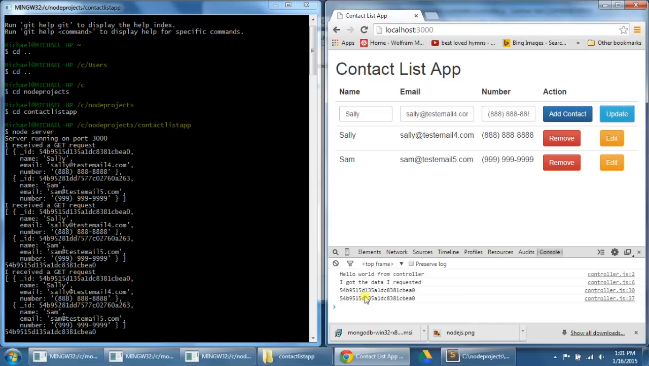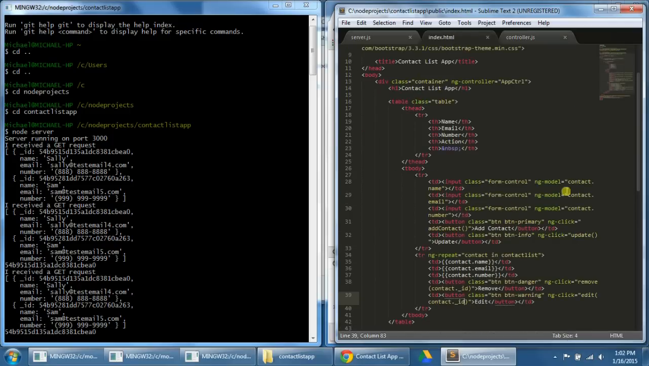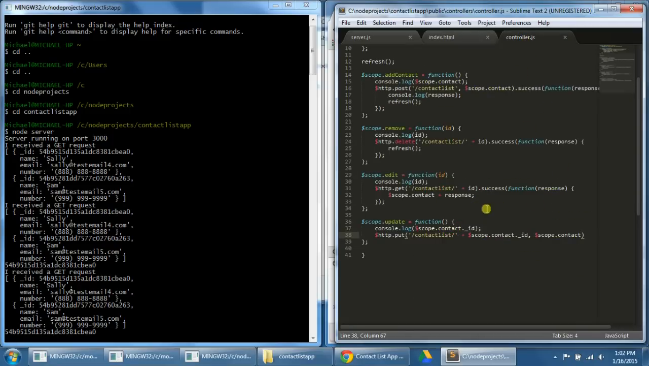Step number 42, we're going to now use a put request to send the data to the server to be updated. So now underneath the console log line, let's write this code. Let's write $http.put('/contactlist/' plus $scope.contact.id. That's the URL of the contact in the box. And then we're going to put a comma there, and we're going to send to the server $scope.contact. So everything that's in the boxes labeled contact here, so these contact.name, email, number, those will be sent to the